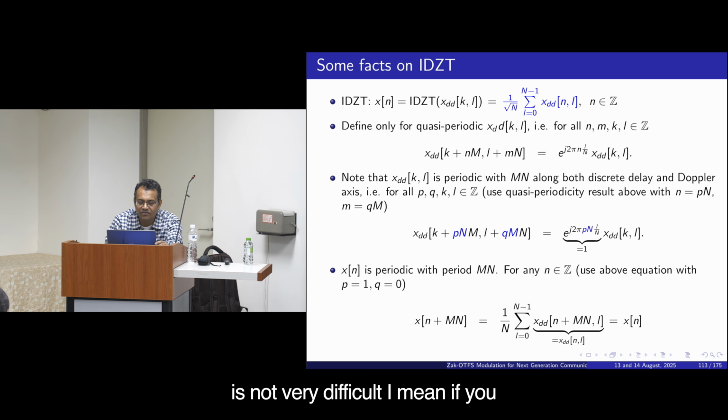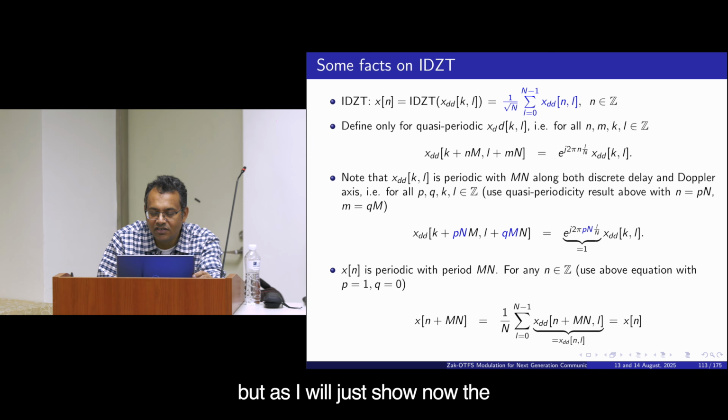And that is not very difficult. If you take this equation, you replace this n with n plus mn. Then you have to replace this with n plus mn, right. So, you get this equation. But as I will just show now,